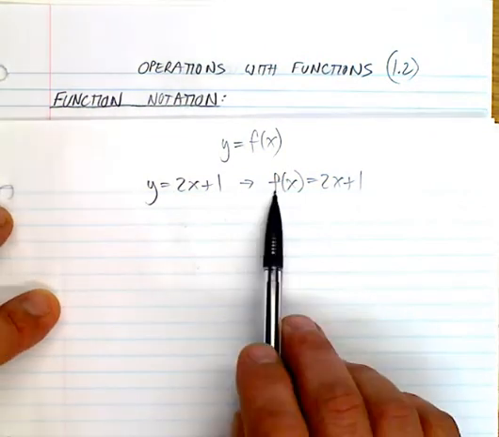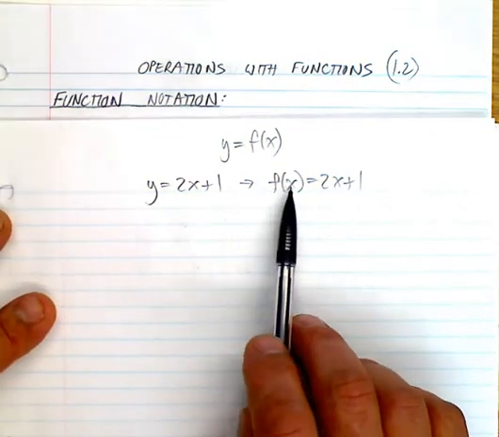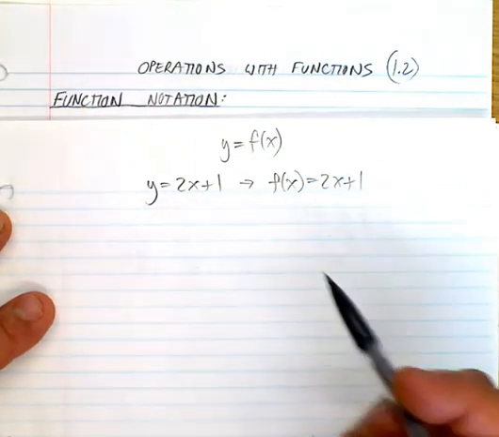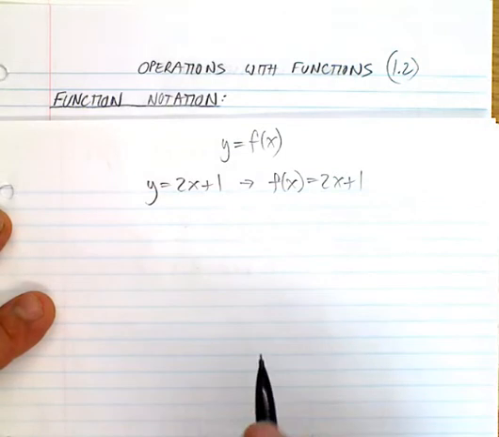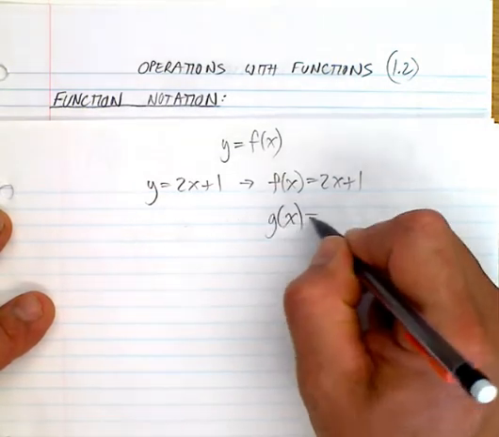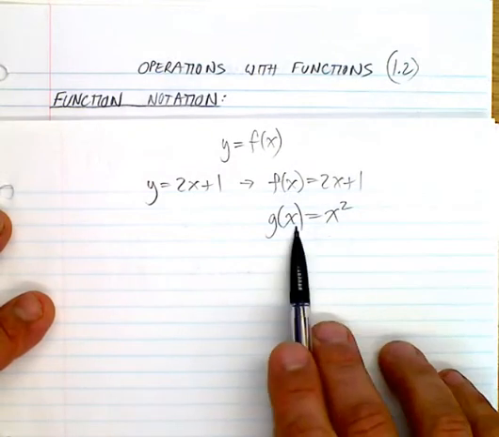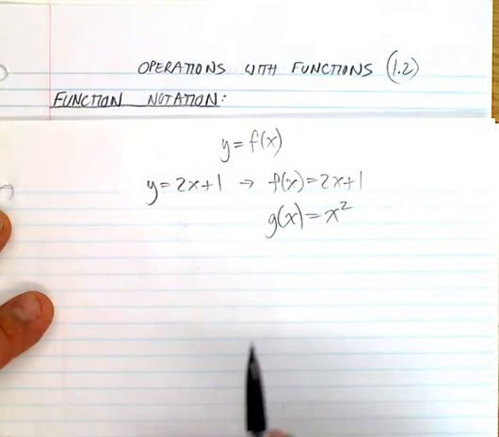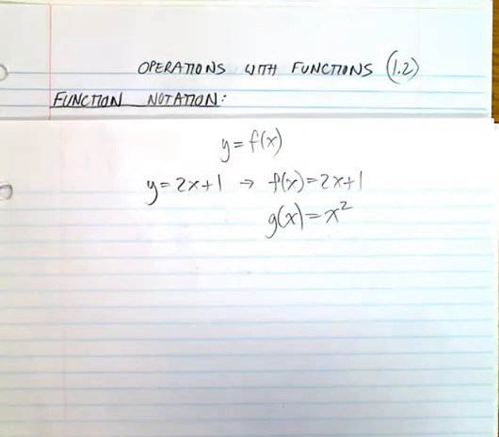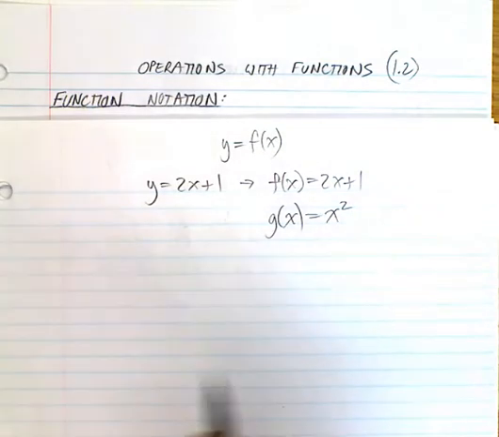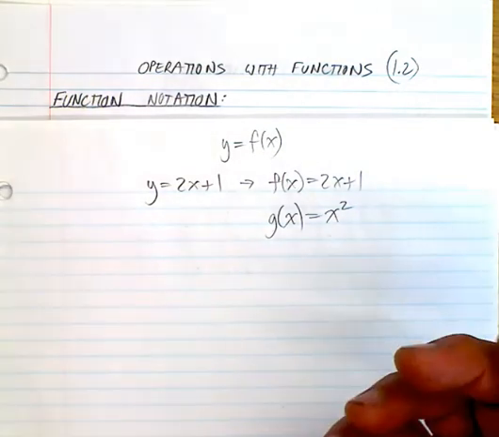So this is where your function will be when x is a certain value. F is kind of a convention. We can have g of x, we can have h of x, we can have k of x. It's all about identifying functions. This could be a quadratic function. G of x is a quadratic function. F of x is a linear function. It's just a way to identify different functions because realistically you're going to have more than one function working on